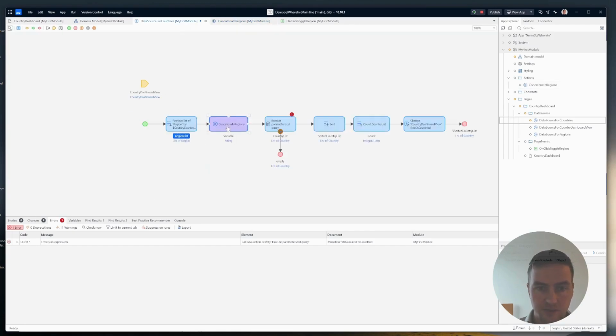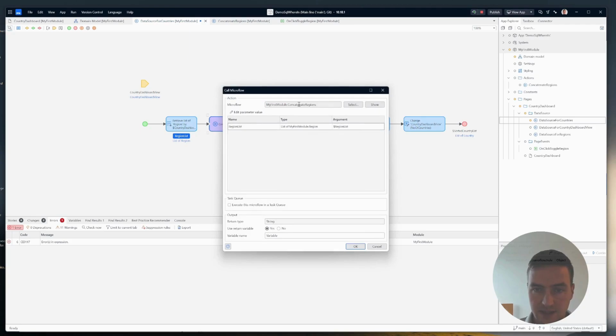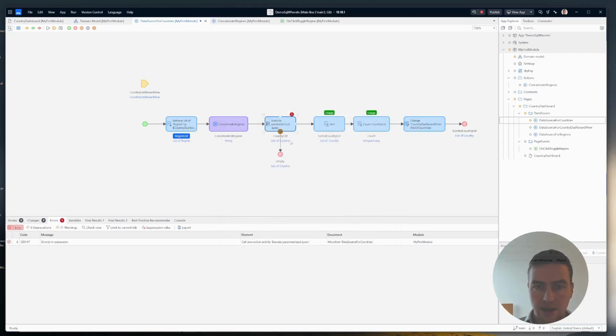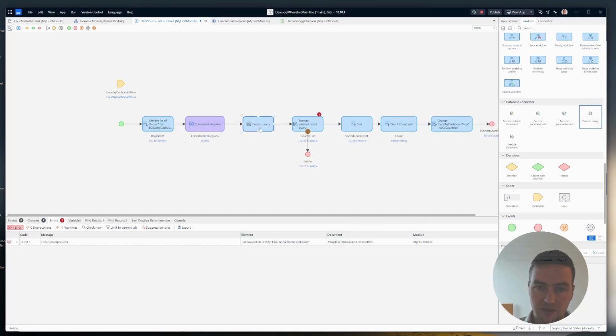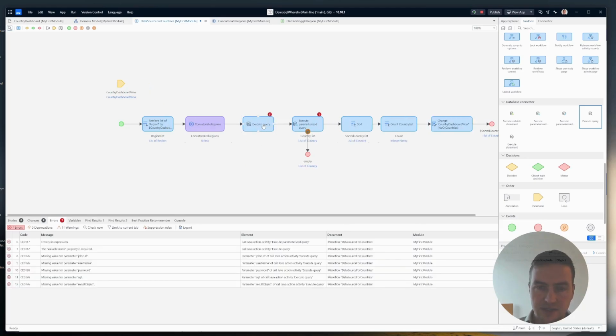Alright, so now we have here the concatenated regions list. Let's name it that way, concatenated regions. We should make sure that we change the action we use to retrieve information from the database. With the database connector module, you have multiple actions. Normally I will go for the execute parameterized query, but today we need to go to the execute query itself. You don't parameterize it, but you build up a SQL statement